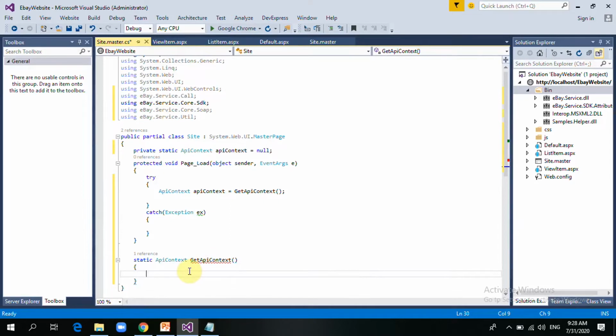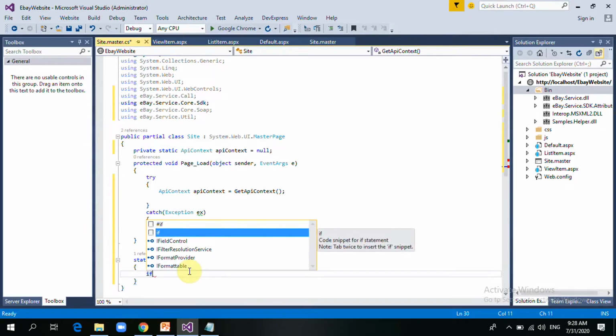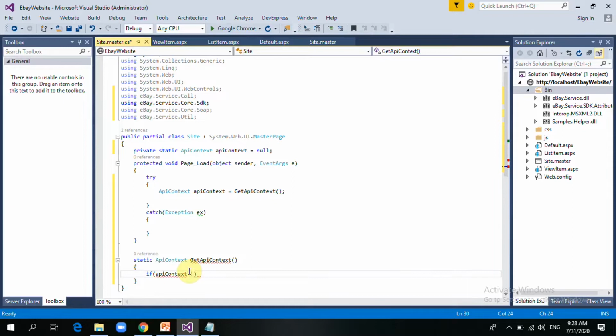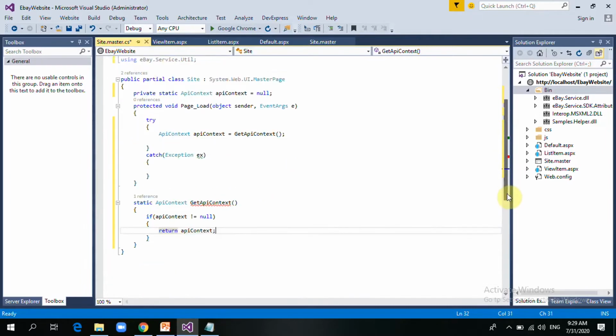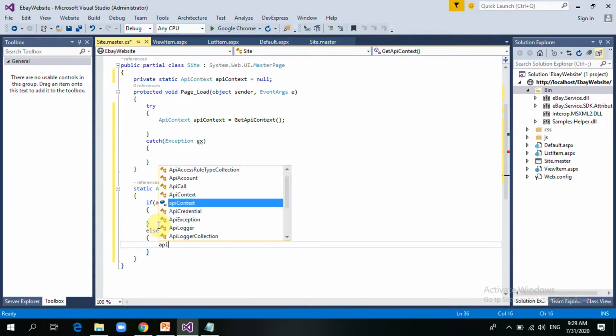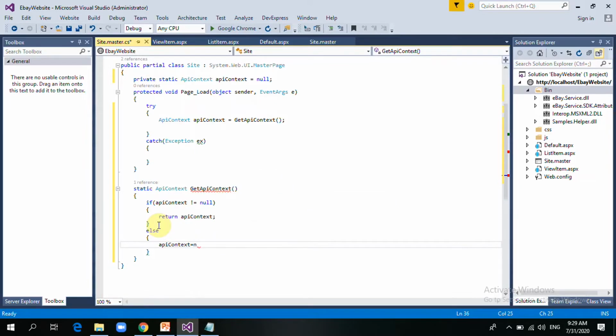We say if API context declared above is not null, then return API context, else if it's null, say API context new API context, and then